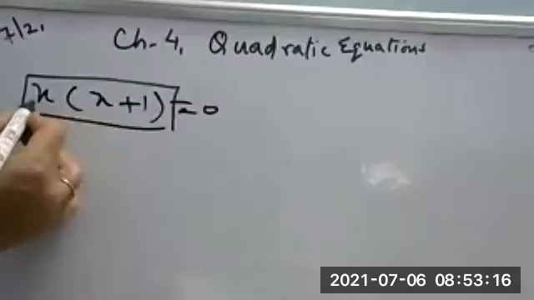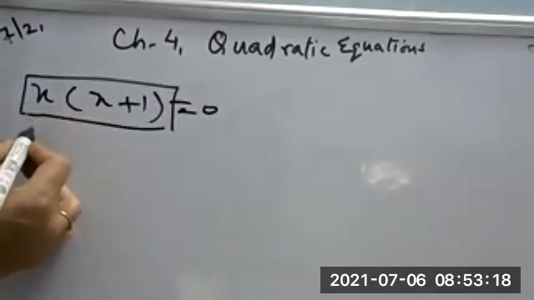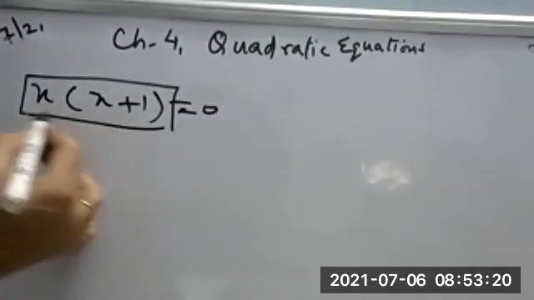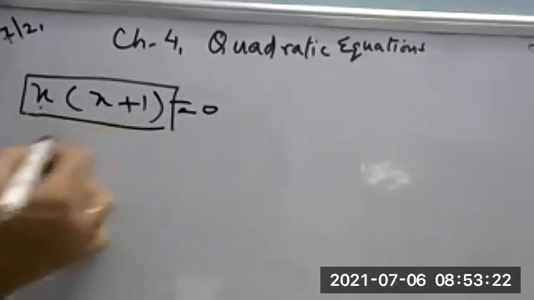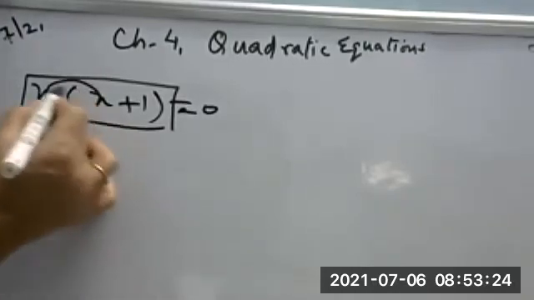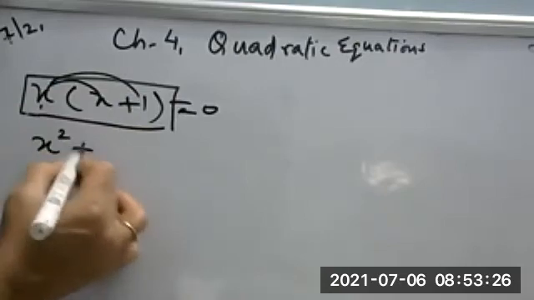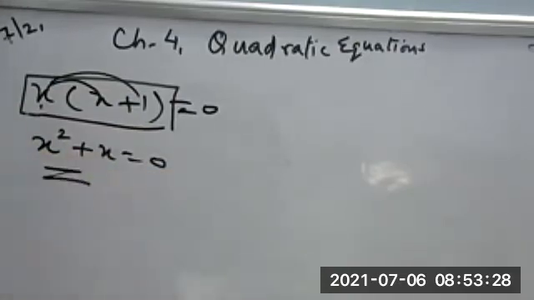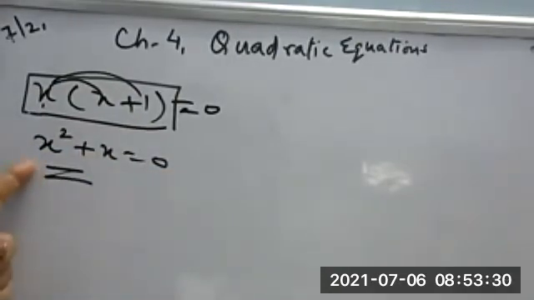Pari, if you are thinking it is with power 1, then what I have to do? I have to simply solve this first. X into this. So I will multiply this x by x and 1. So it will become x square plus x is equal to. So now just check, Pari. What is the degree here? Ma'am, x to the power 2. So is it quadratic or not? Yes, ma'am, it is quadratic.